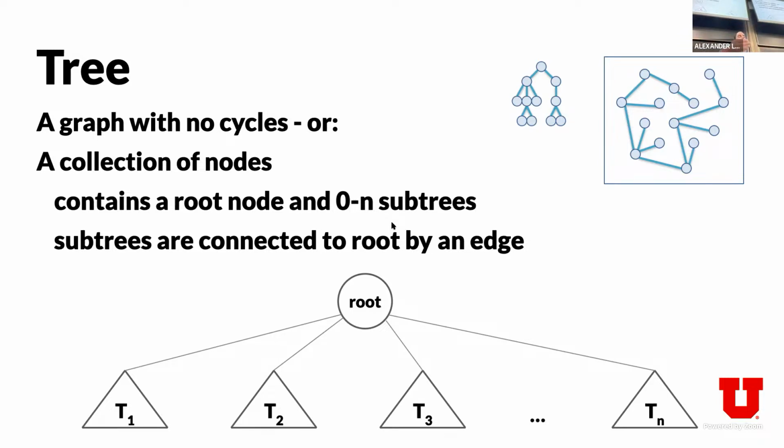And you can also have a recursive definition. A tree is a collection of nodes that contains a root node and then 0 to n subtrees. And the subtrees are connected to the root by an edge. And so here, this is our overall tree, and then the root has 4 or n subtrees in this case. And so trees are a very special data structure,